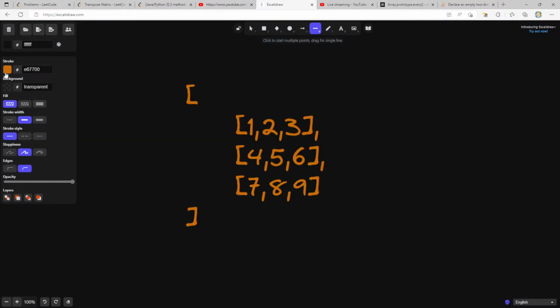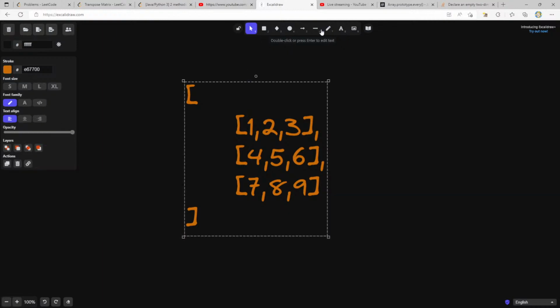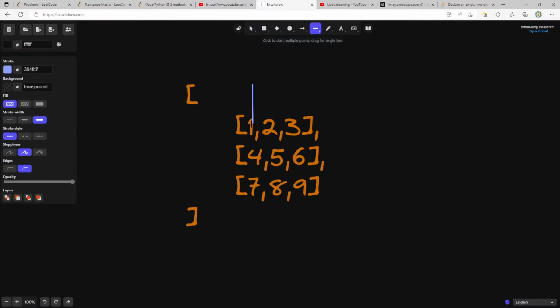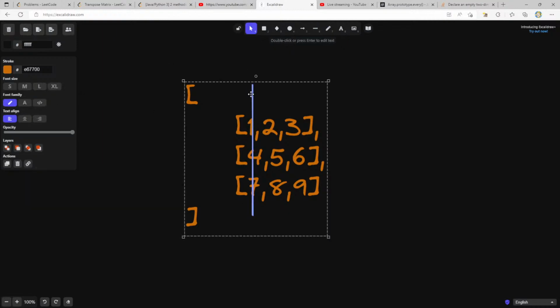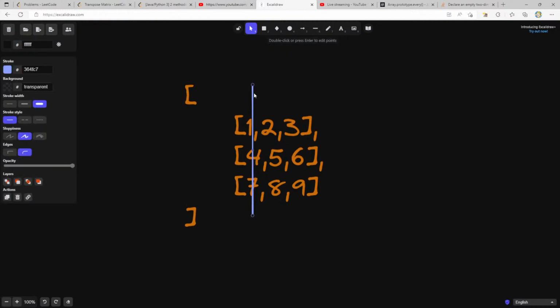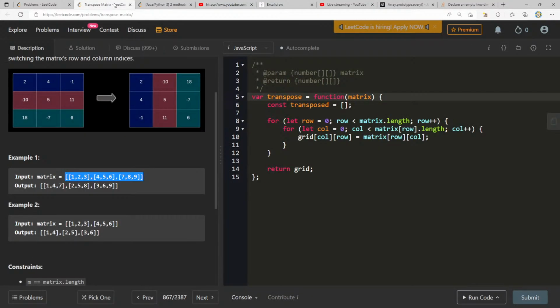I can draw a separate one, make this one bigger. Okay, let's say this is our line. I want to get all these numbers first, then all these numbers, then all these numbers. So for every column, I just go through all the rows. I think I know what we can do here. For every column, we go through all the rows.